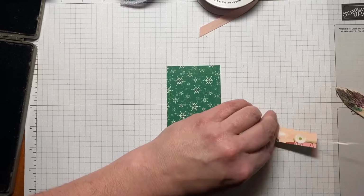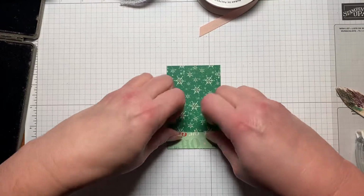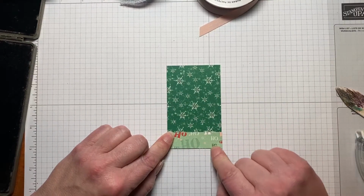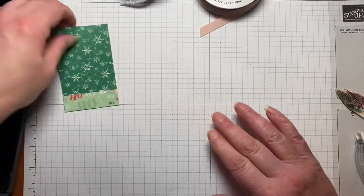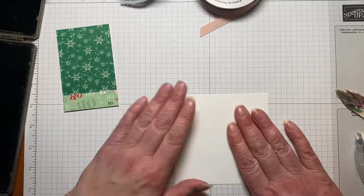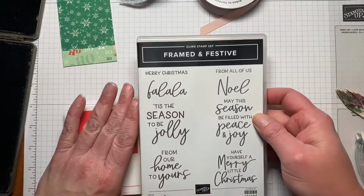This DSP has some really unique color combinations with it. So I've enjoyed using it. You've got Bermuda Bay and Mint Macaron, some Shaded Spruce, Poppy Parade. So it's been fun to play with it. I'm just going to take a piece here of basic white. It's just scrap. And I'm going to use Poppy Parade, and the stamp set I'm using is Framed and Festive,